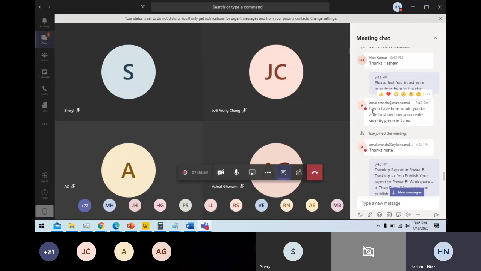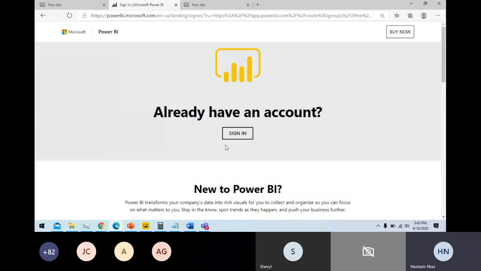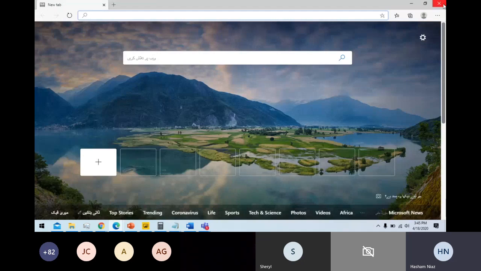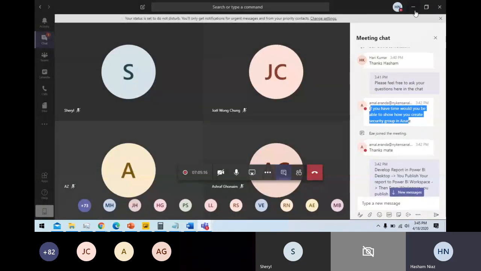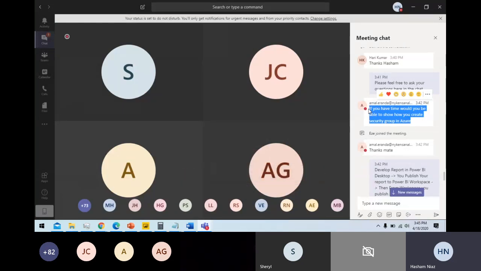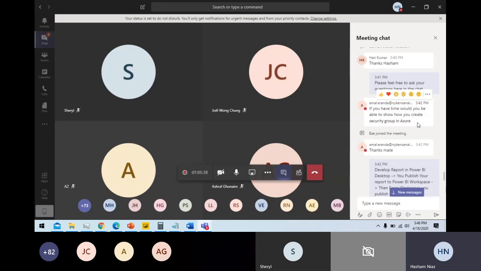So can you try to create a user group in Azure Active Directory? Let's see, it's saying that I don't have access. Even if I am signed in with this particular user, only if I have access to this user will I be able to share. One of the questions is, if you want to share your app outside your organization, how can you do it? Then your organization either needs to have a Power BI Premium capacity where you can share the app with guest users as well. Otherwise, all the users need to have a Power BI Pro license.